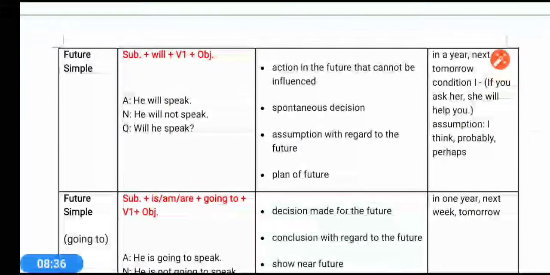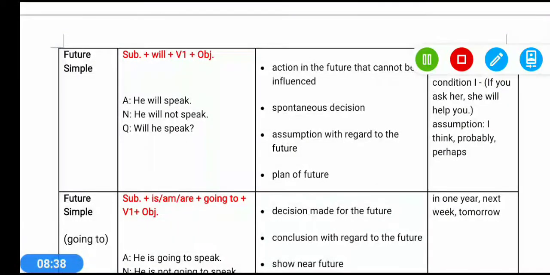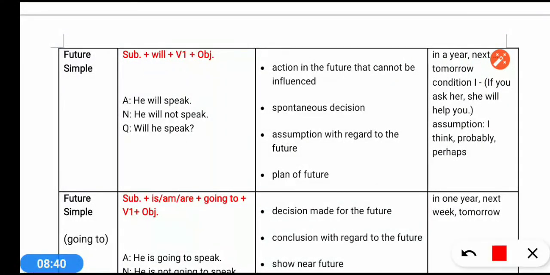Future simple tense is used, firstly the structure, you see that the structure is very simple, will plus first form, and it shows a plan of the future, a promise of the future, or any action which will take place in the future. So for showing future time activity we use future simple tense. Signal words: tomorrow, next, mostly two are there, next and tomorrow. So for future tense we use simple will plus first form.